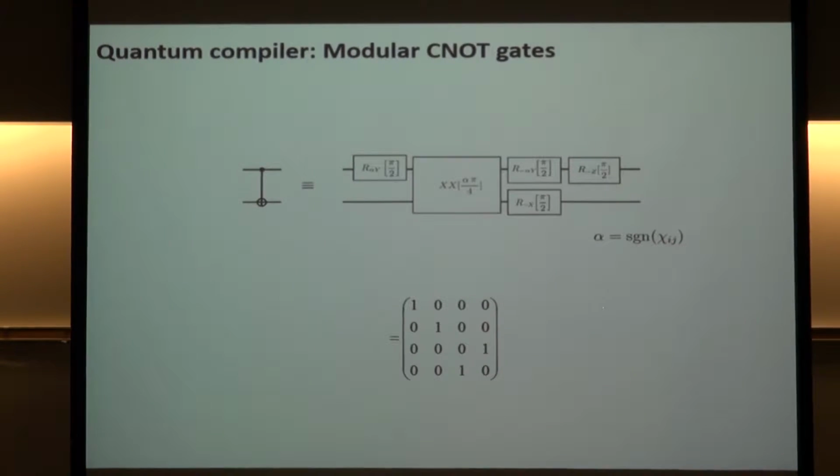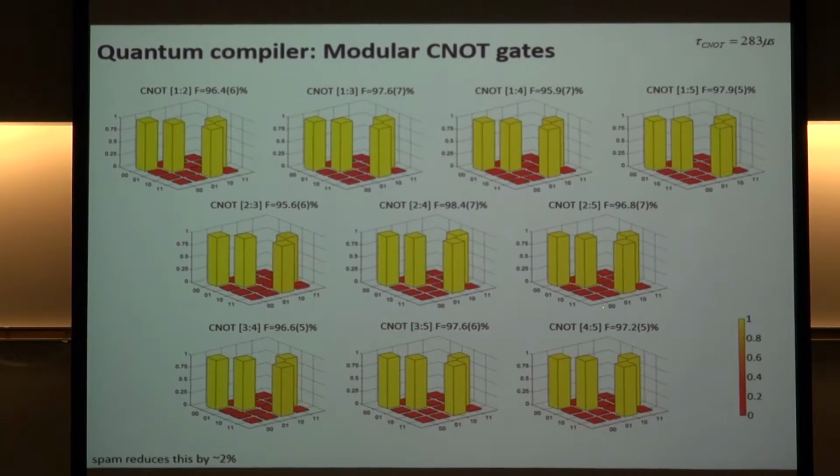How do we make computational gates? The CNOT gate is a staple, the controlled NOT gate. And you can make it by surrounding this XX gate with some individual rotations on the ions, and you get this CNOT gate. Now we have 10 two-qubit interactions. That means there's 10 CNOT gates, and here they are. Similarly,